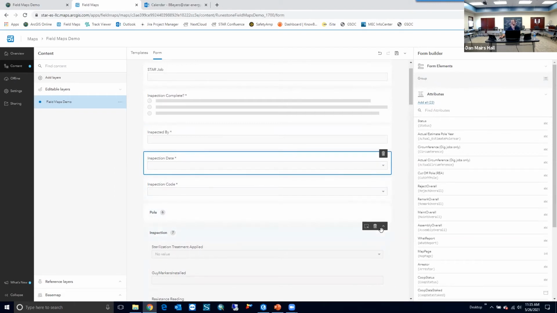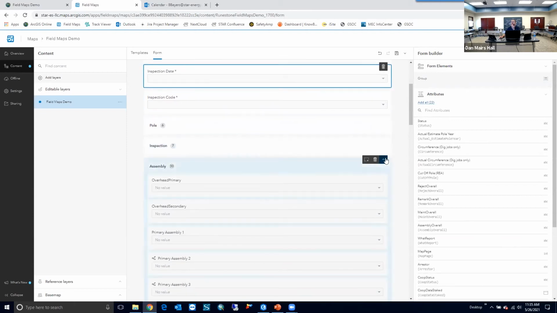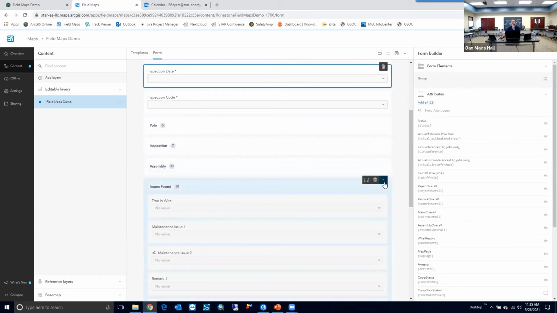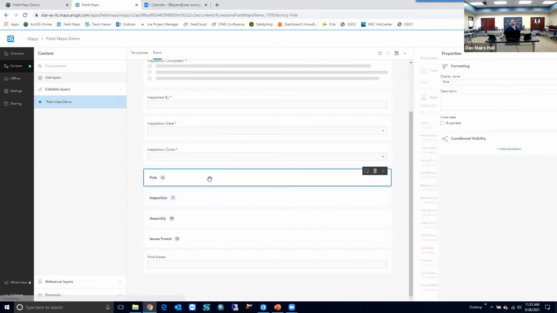On this one, for our inspections, we have a couple of different ways to break things up. The initial information is probably the most important and is what needs to be required, and is something that happens at every single point. But then I have a poll group that is just the poll information. So if I open that up,